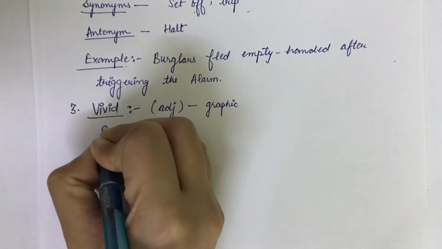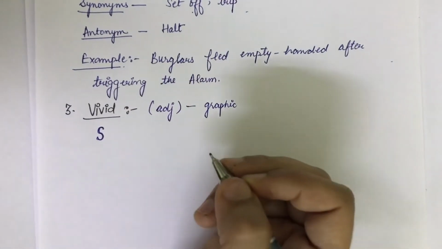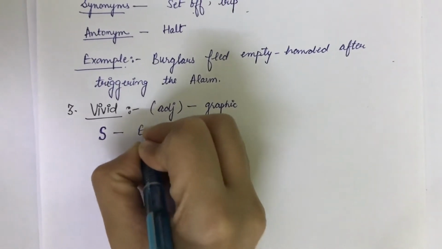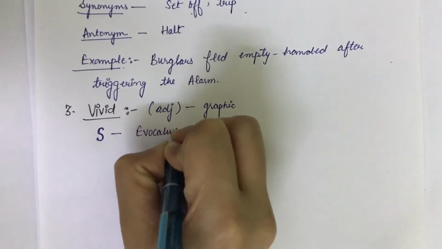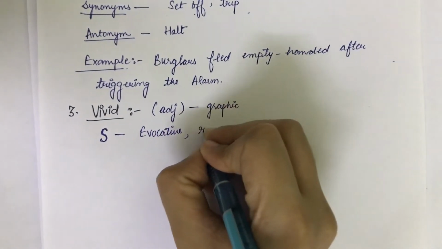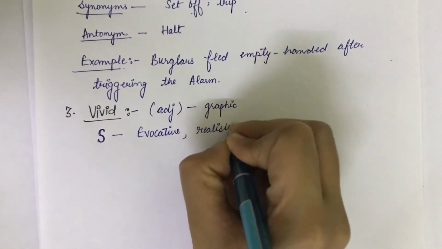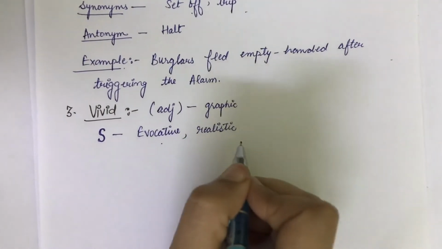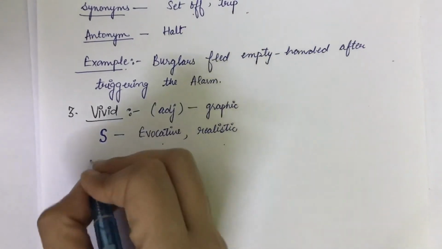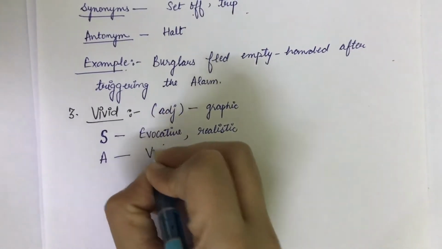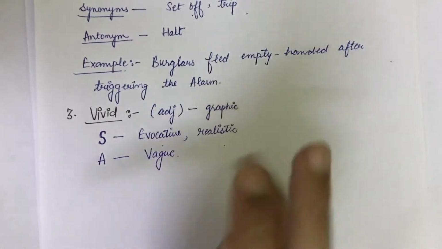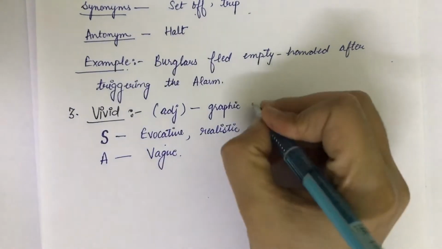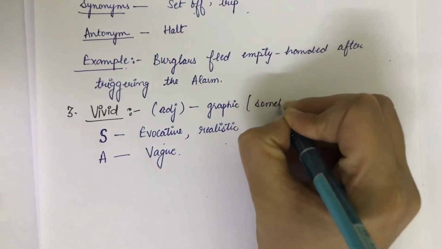I am going to write S here for synonyms and A for the antonyms. So the synonym of this word is evocative and realistic. Okay, so if you want to write somewhere vivid, you can write evocative as well as realistic. Okay, so what is the antonym of this word? This is vague. Okay, so as I have told you earlier, that vivid means something really strong